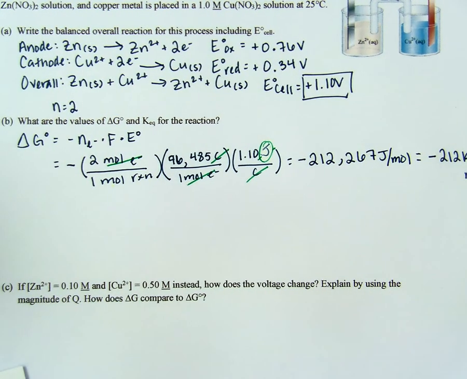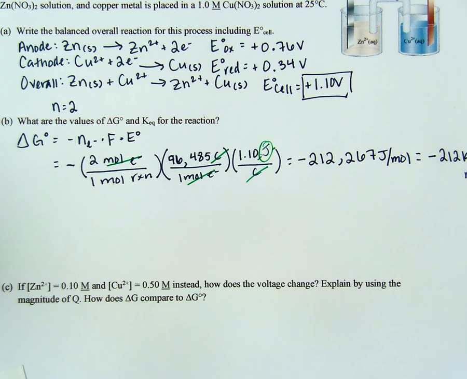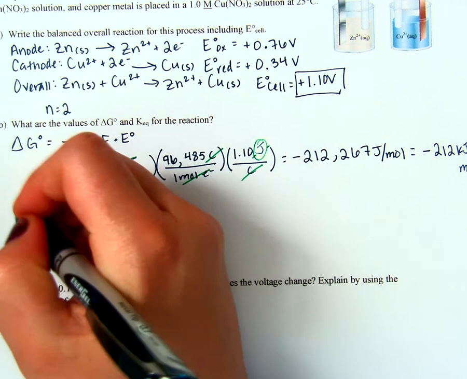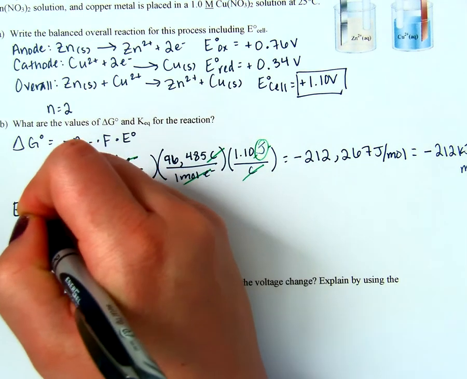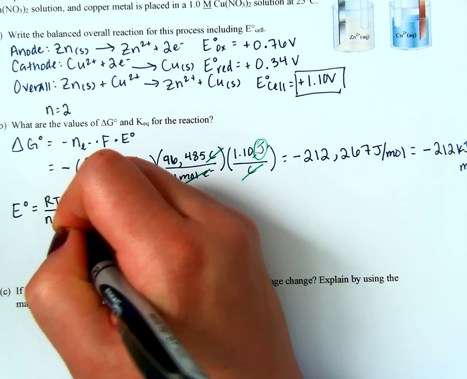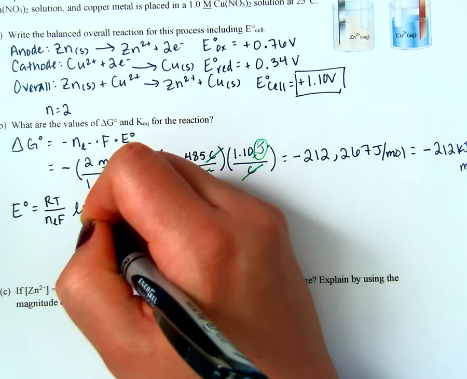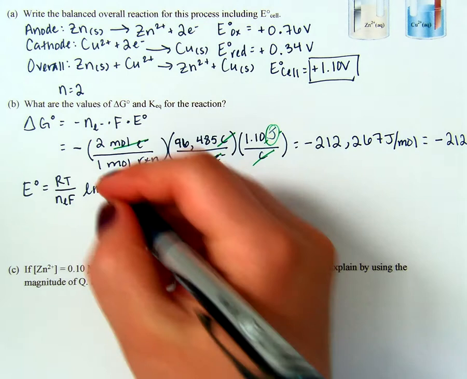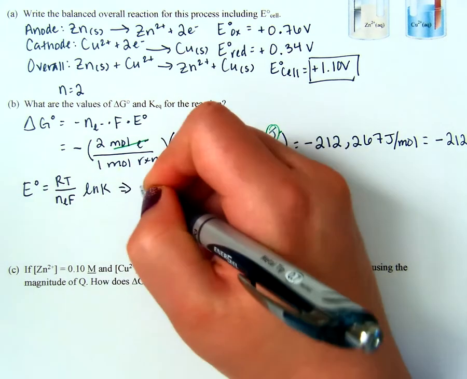So my KEQ equation is going to require me to find E naught first, to find K. So what I'm going to do is go ahead and rearrange an equation. So we're going to start here. E naught equals RT over NEF ln K. So you can find that equation again on the first page. So rearranging this,